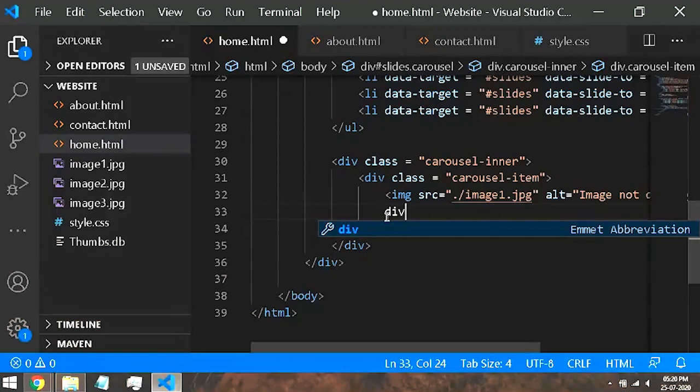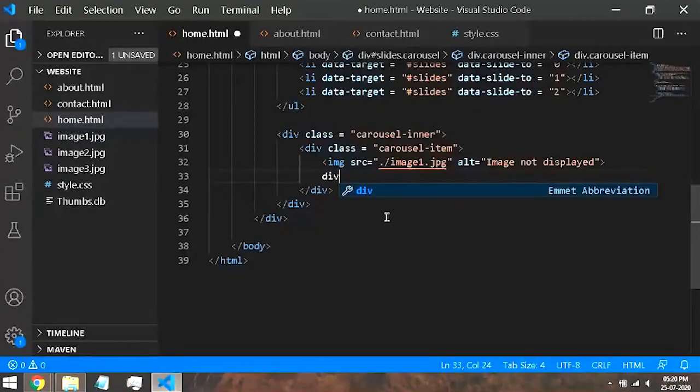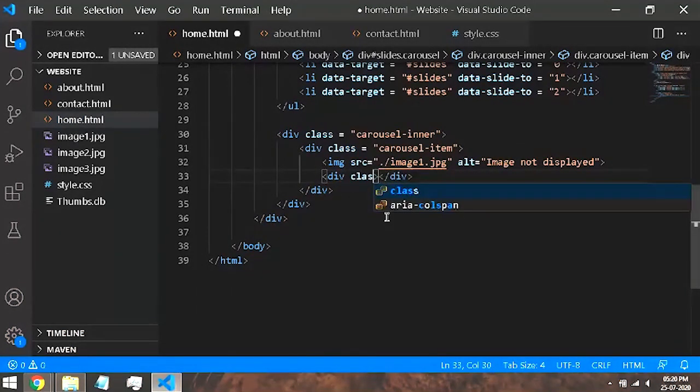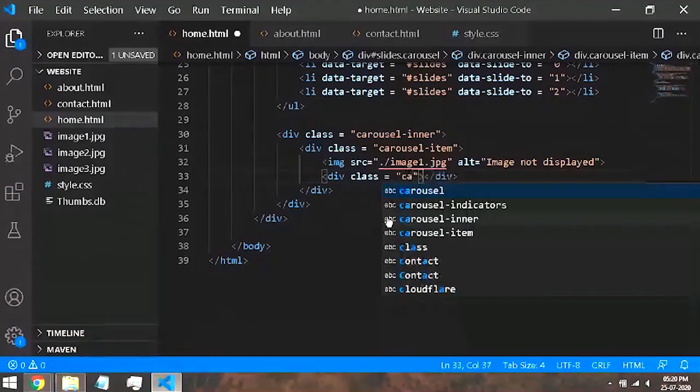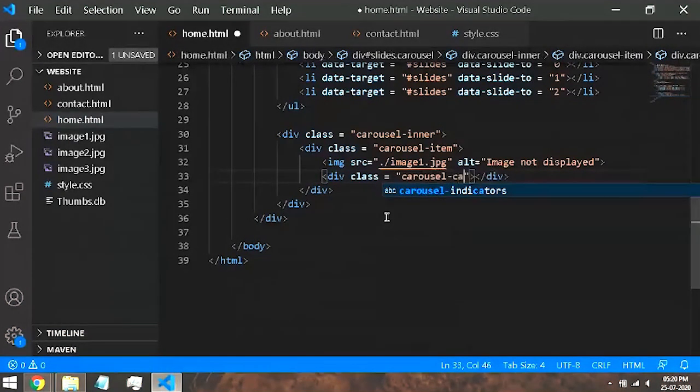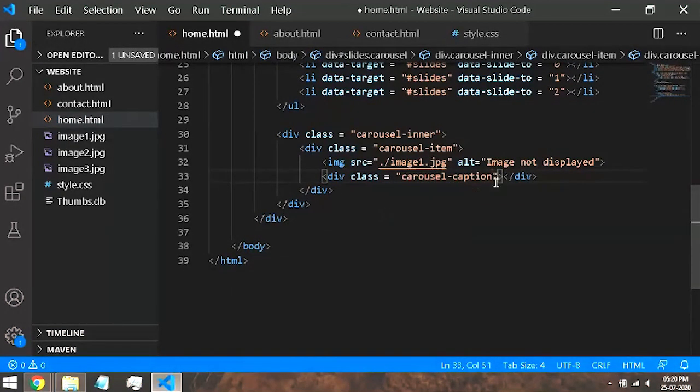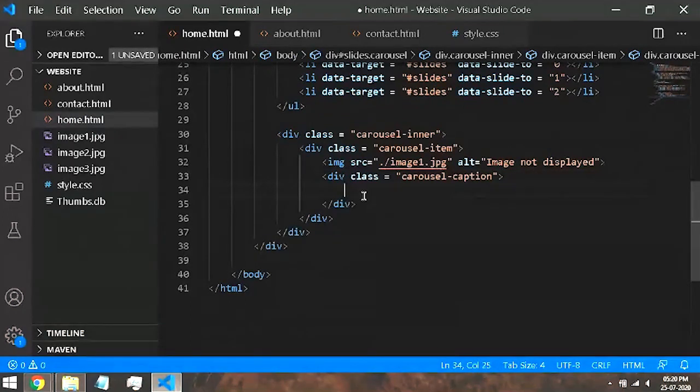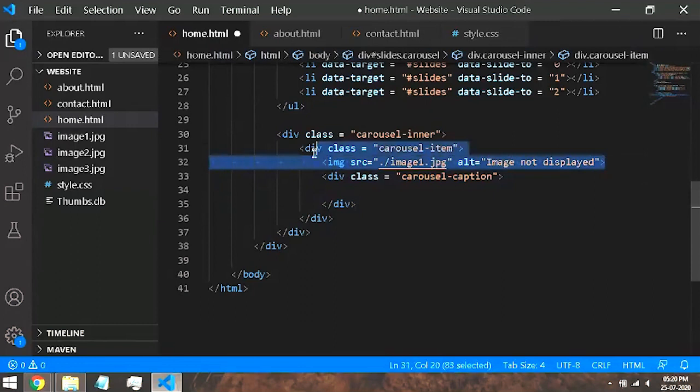I'll just zoom out just a bit. I hope this is visible. So yes, I'll create another div of class called carousel-caption. What is this doing? This will act as a caption and it will display this on top of this image.